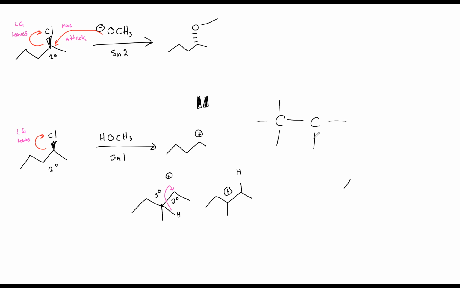So let's compare the two of these. This one on the left will represent our tertiary carbon. Sorry, that shouldn't have the positive charge. And this one on the right will represent our secondary carbon. So what happens is this hydrogen bond sort of hops over to that positively charged carbon. And so then we end up with